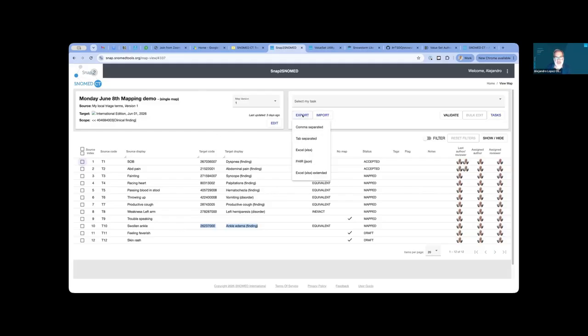But what we worked more on is normalizing. This was here before, but it requires some adjustments for exporting. So I can export this map, and I just exported this JSON file here. And this file that I exported is not just a table, it's a file resource. It's something that I can put in a terminology server. And we will show you how to use that later. So this free tool allows you to map your terminologies to SNOMED and store that information in a way that can be shared in a terminology server.